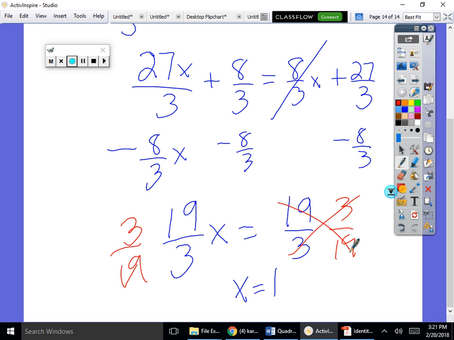Everyone okay? But is that the final answer? No, it wants to know what 3/8 x is. What's 3/8 times 1? 3/8. Last skill, turn to the back page. It asks for,